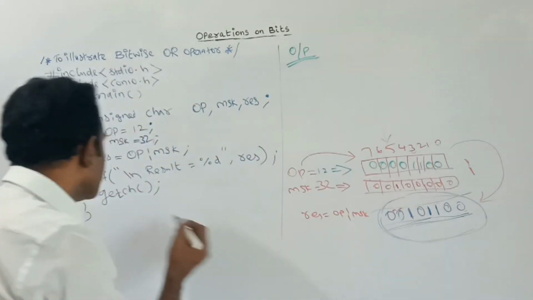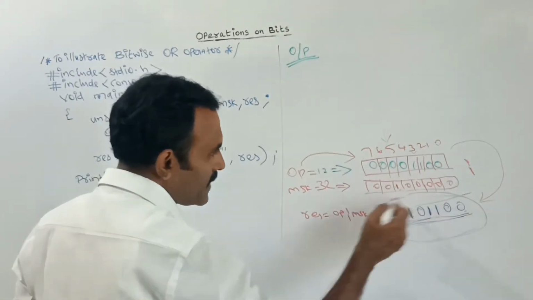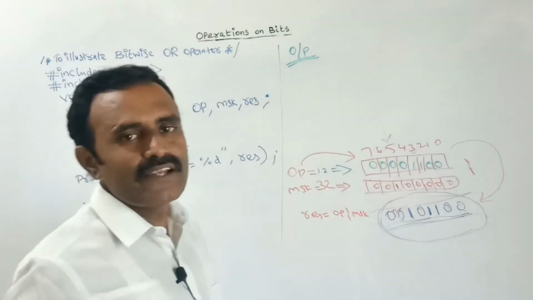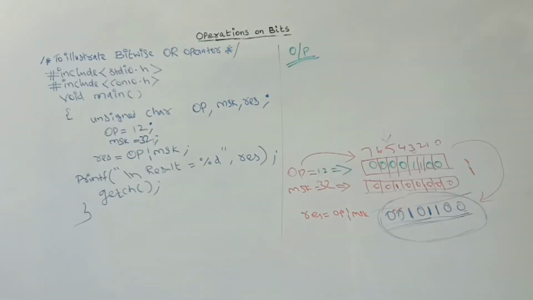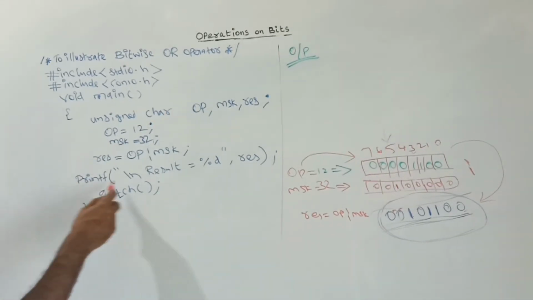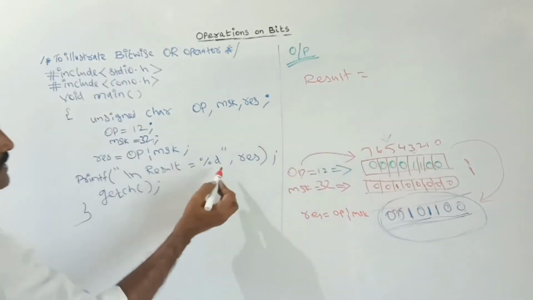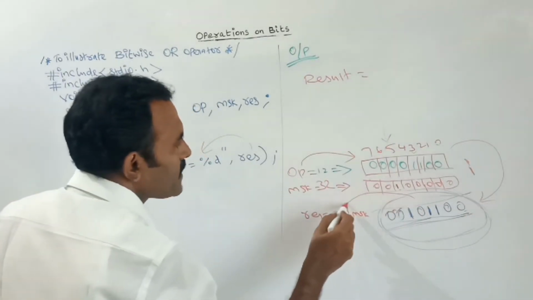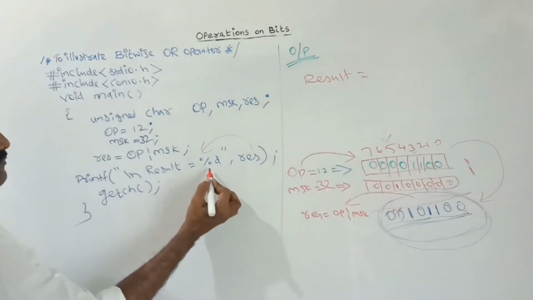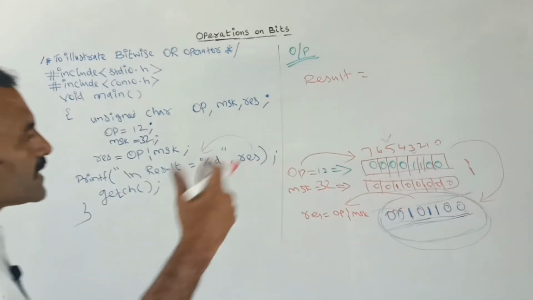See, while displaying the output, it will display the decimal value only. It will not display the binary value. If you want to display the binary value, we should write the code for it. So as per this program, after running it, I am telling it to print result is equal to, what is the result here? The res value. The binary value will not print. Instead, the decimal value only will print, because here I am using percentage d. If you are using percentage x, then the hexadecimal value will print.